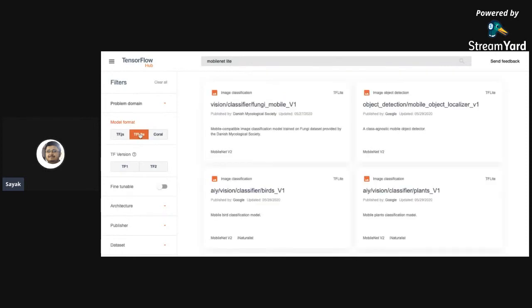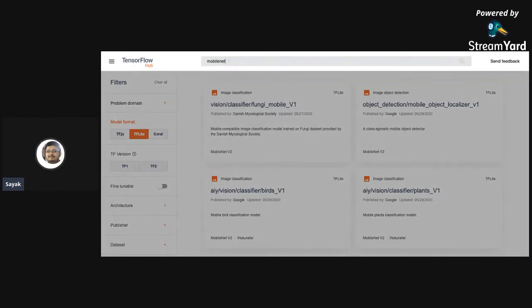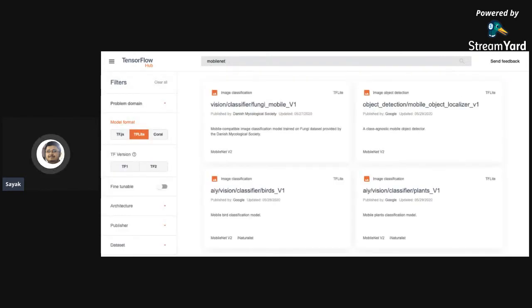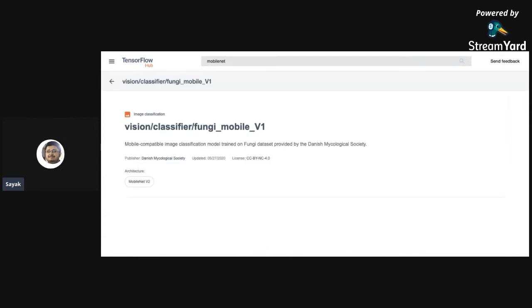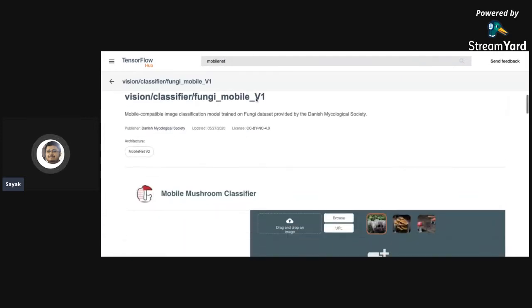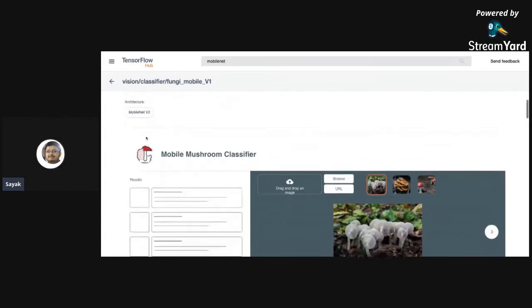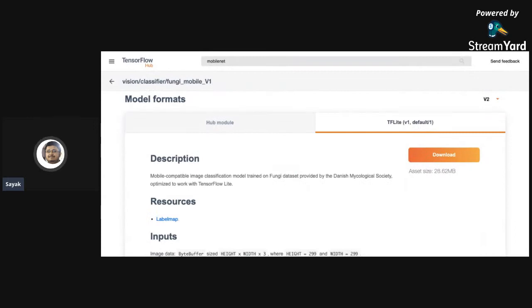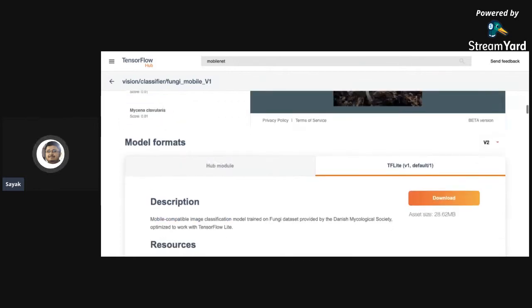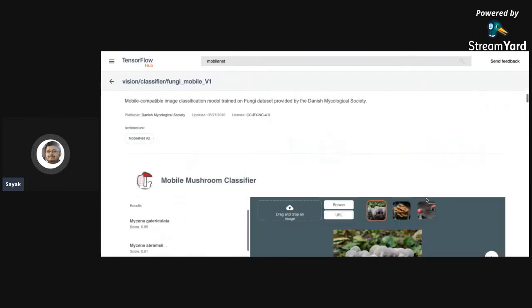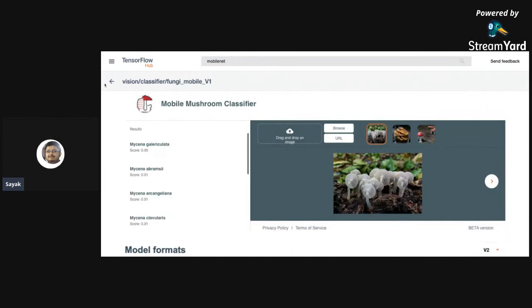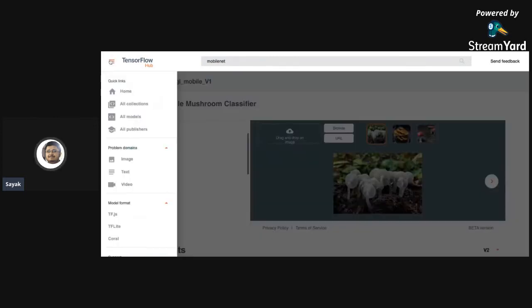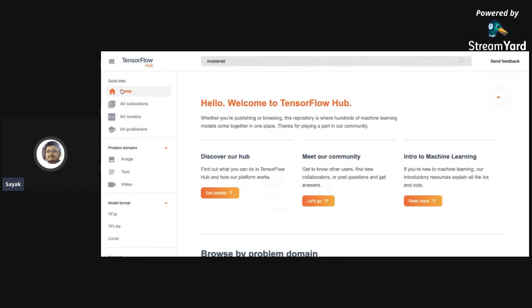Let's say TF Lite, and let's say this, and yeah, we have one. It was published by some other contributor, but it has it, right? A TensorFlow Lite variant of an image classification model ready to be used for running off-the-shelf image classification. And here you can see the size of the models as well. So it's really a holistic repository of different machine learning models, making your journey of onboarding really easy.